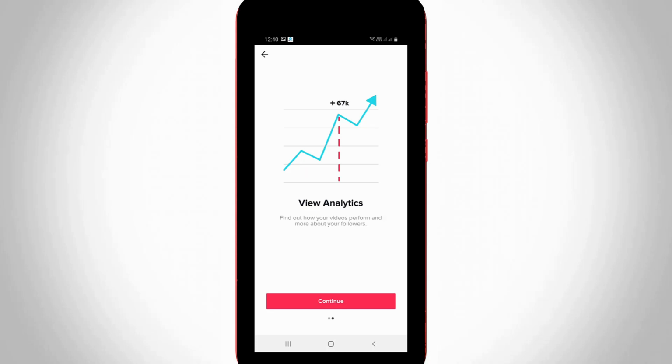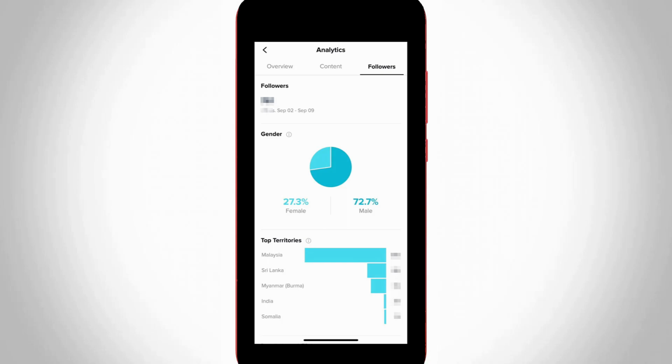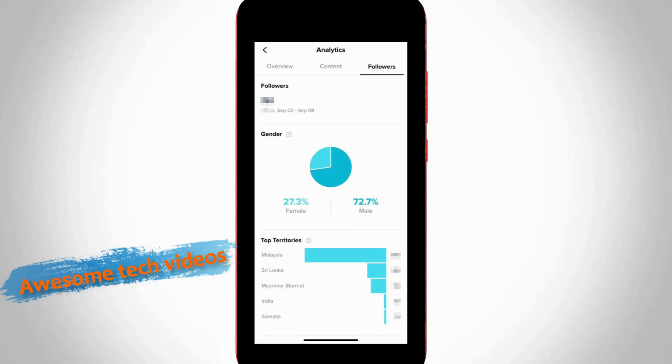If you are a TikTok lover and you make many TikTok videos, your profile section only shows views and followers. At the same time, if you are using a TikTok Pro account, you can watch your entire TikTok analytics, like how many profile views and profile visitor counts you have, and also your followers count. In the follower count section it shows exactly how many male and female TikTok users there are. Another one is regions, which shows which countries' people like your TikTok content the most. So it shows lots of details about your TikTok profile.